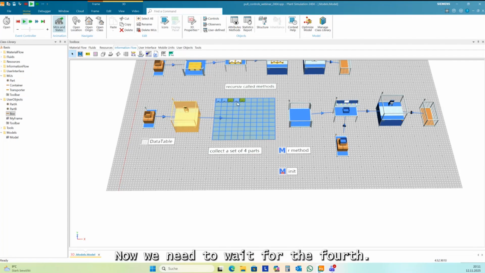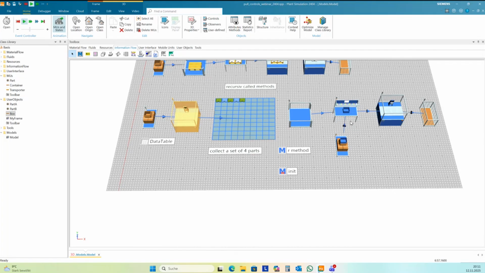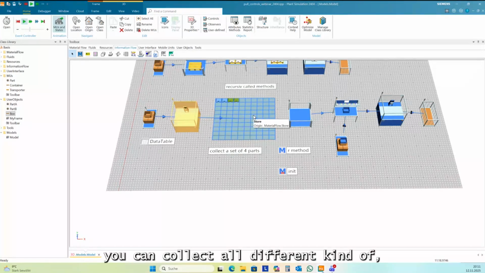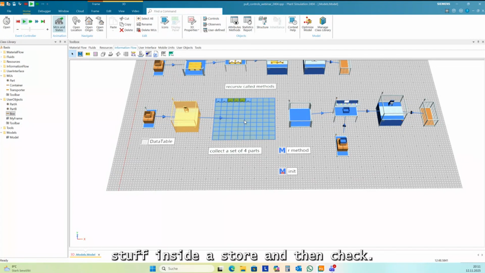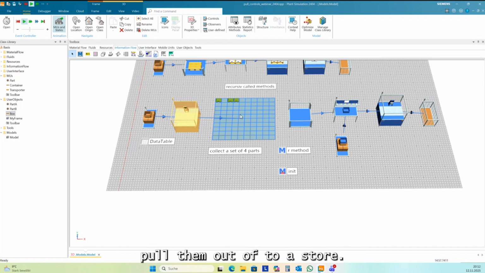Now we need to wait for the 4th, and then we can collect them and move them forward. And so you can collect batches, you can collect all different kinds of stuff inside a store, and then check, okay, it's all present in the store, and then you can move them forward, pull them out of the store.